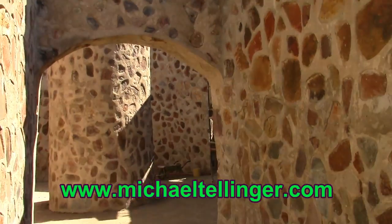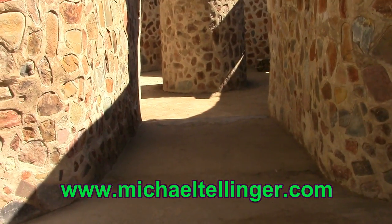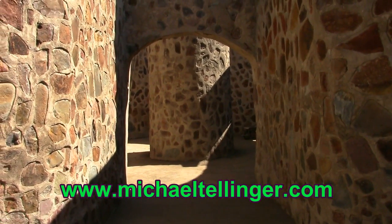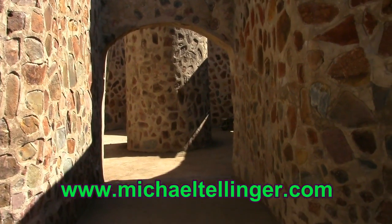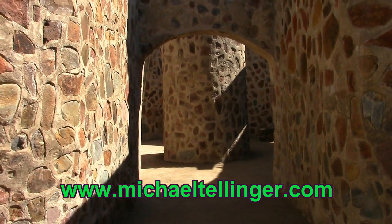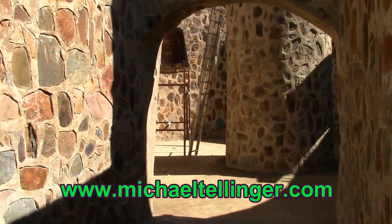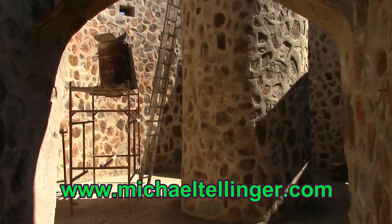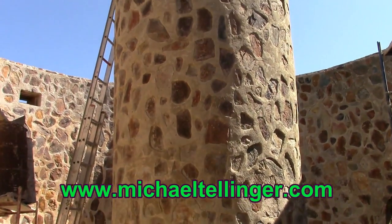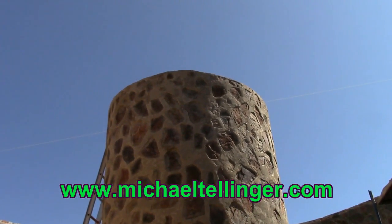So this is the internal structure. As you can see, the main entrance with its archway, and you see the pillar in the center. That's a central pillar that holds up the roof and provides the support for the roof, and also holds tools and artifacts that are not on display. So you'll enter through here. There's the pillar that goes up to 6 meters high,